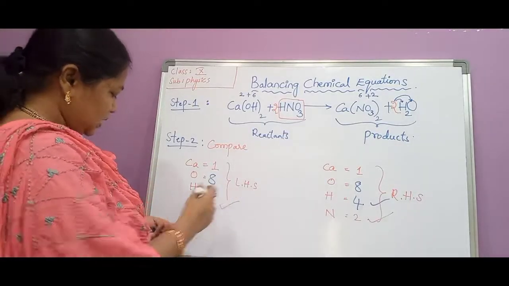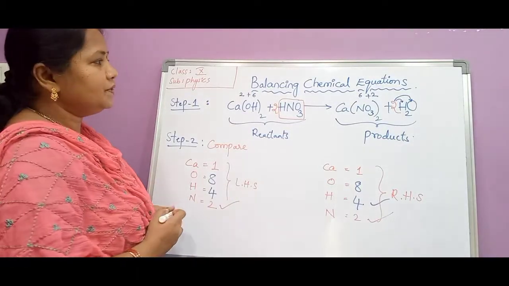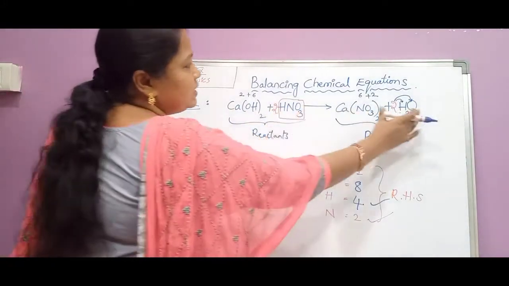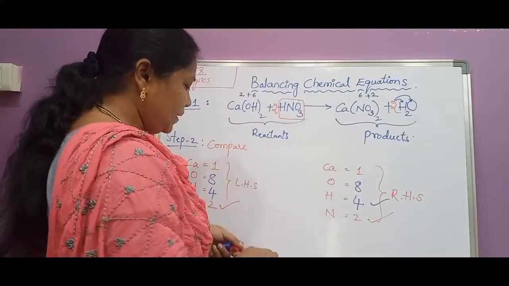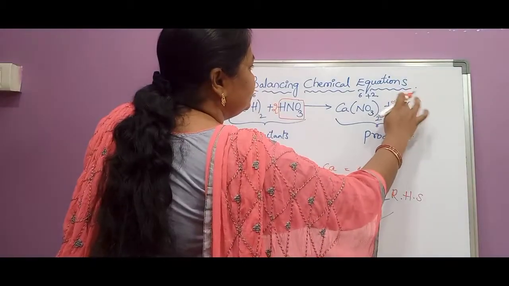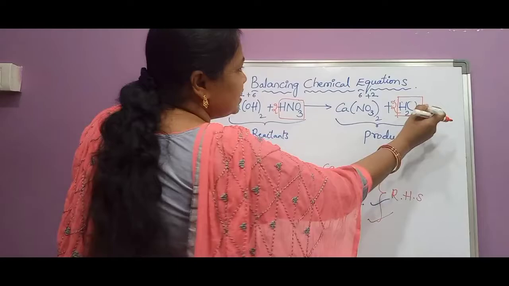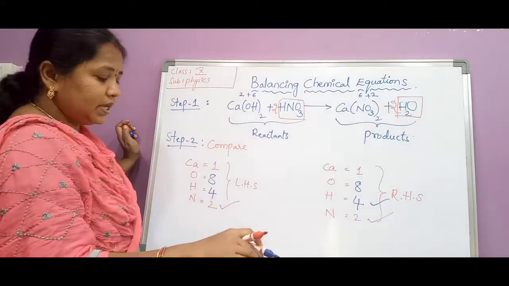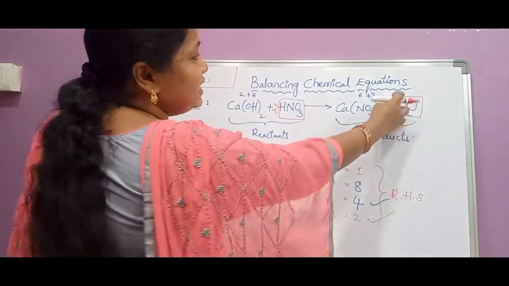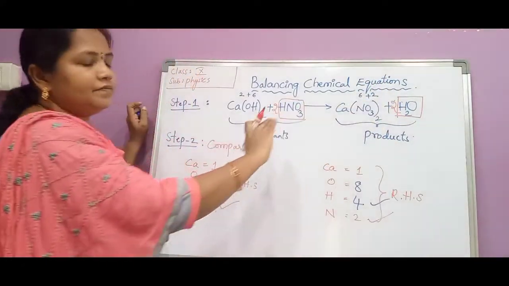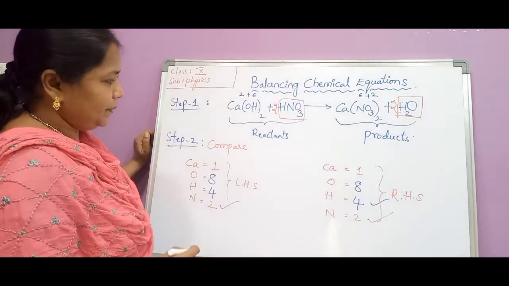Now you check. This is step number 2. We have to write the suitable coefficients. Here, in 2 places, I have written the coefficients. This is one place, this is another place. Okay. And remember that you should not touch the formula which is present inside the bracket. Whatever formula is inside, we should not touch it. Only we should write the coefficient in front of the left-hand side of that formula.